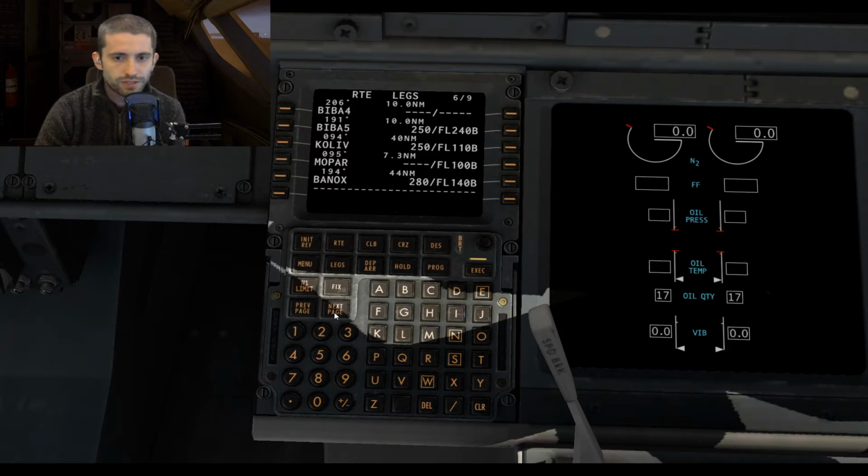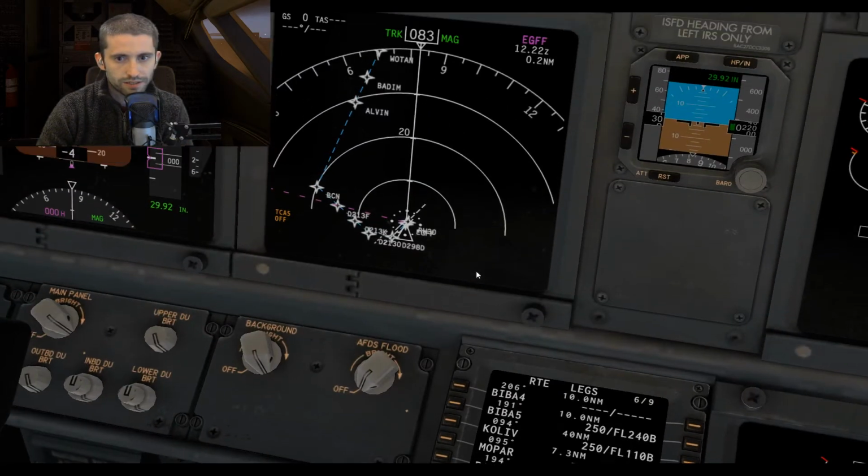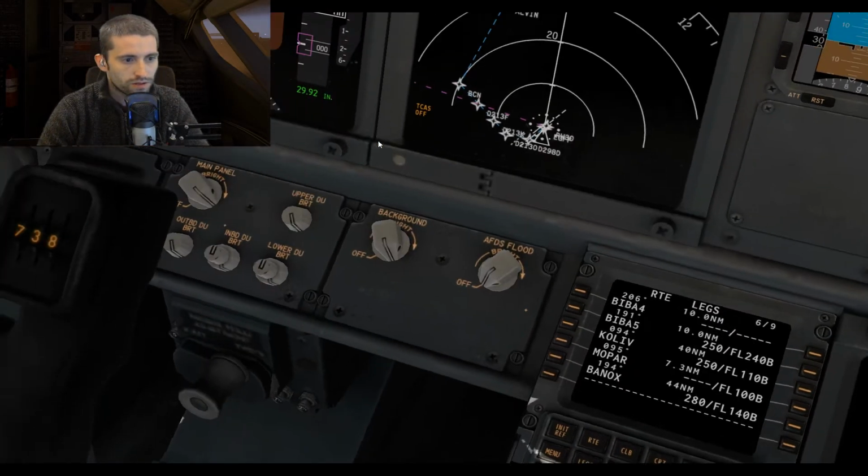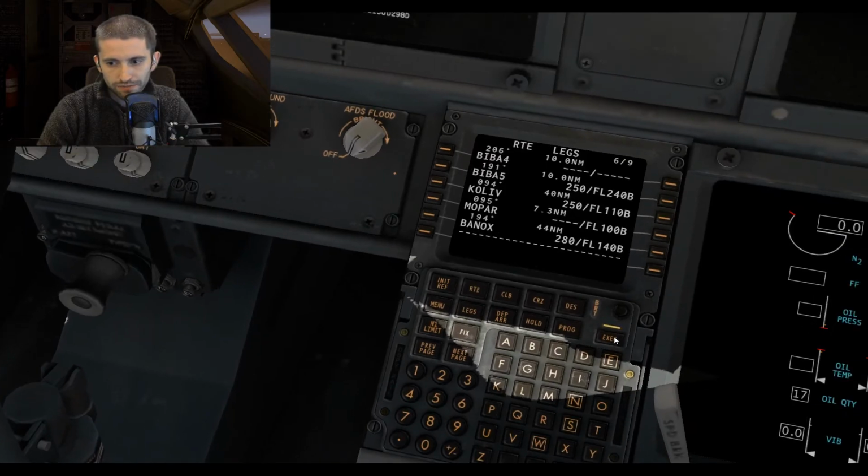If you do get a discontinuity, all you do is click the button next to disco, and then you click the next button up above it, and that basically gets rid of that disco. So what I want to do now is click execute, and if we have a look at this, we've still got that dashed purple line. Okay, when I click execute,